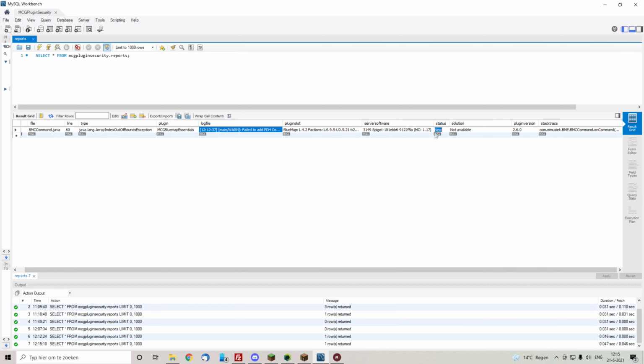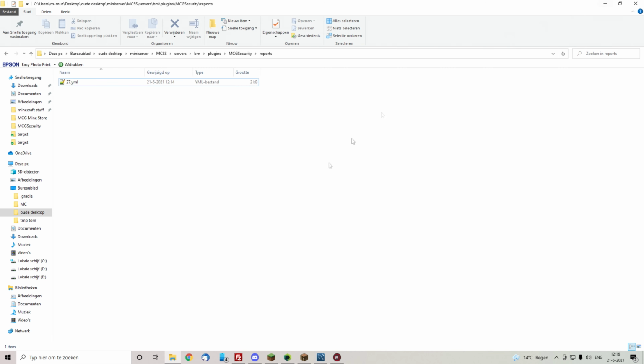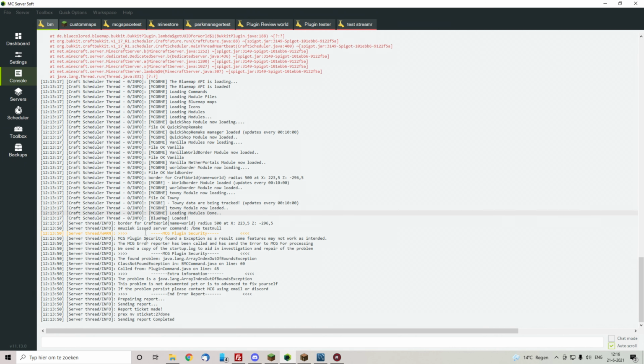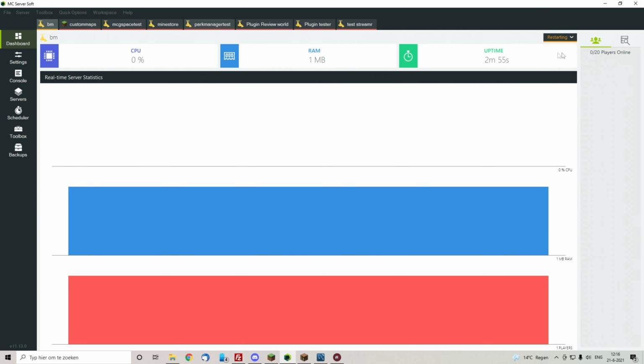And search and investigate. But when I do it, I can tell it to be solved with a solution like, for example, this is a video example, and apply it. Then the solution is now available. Yet, in-game, or in the console, nothing happens yet. However, if I give it a restart command,